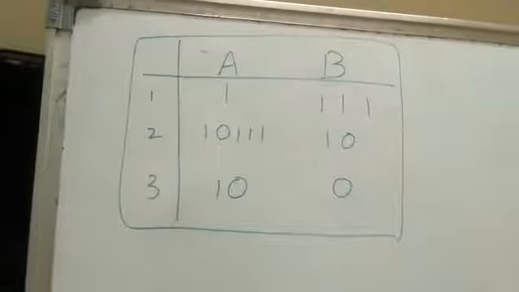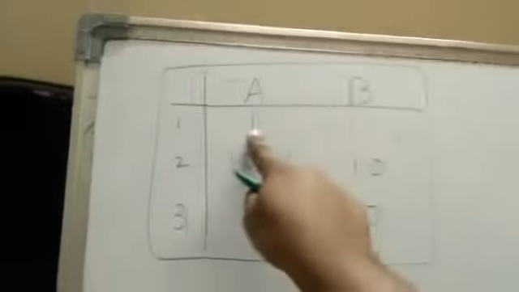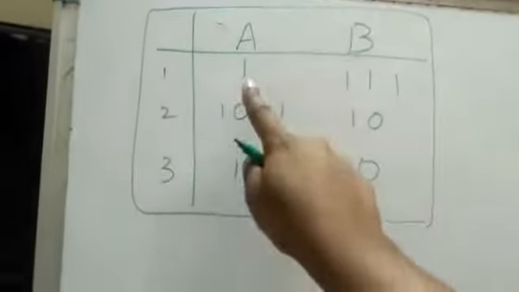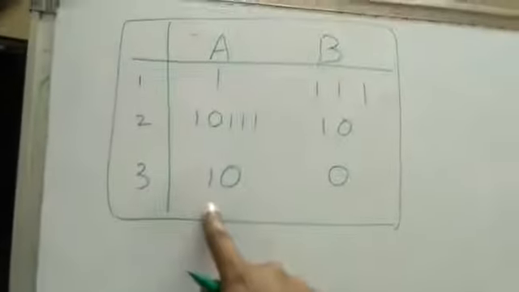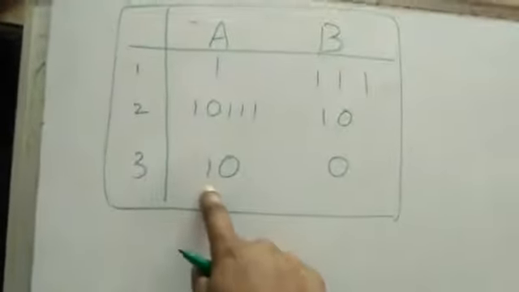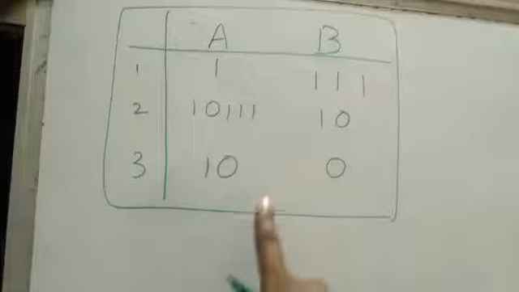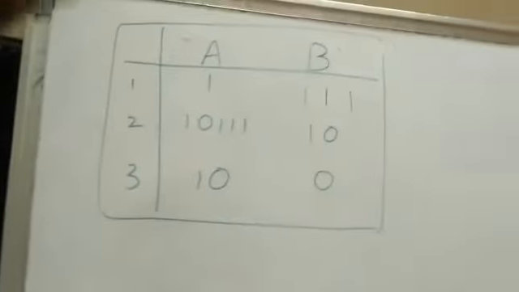To start this one, the first basic thing is that the first letters must be matched. Suppose the starting letter is 1 here and here it is 1. Here it is 1 and 1, so I can start with 1 and 2, but I can't start with 3, since the starting symbol is 1 here and the starting symbol is 0 there, so these two cannot match. It is not possible to start with 3. It is possible with 1 and 2. We can start with 1 and 2.